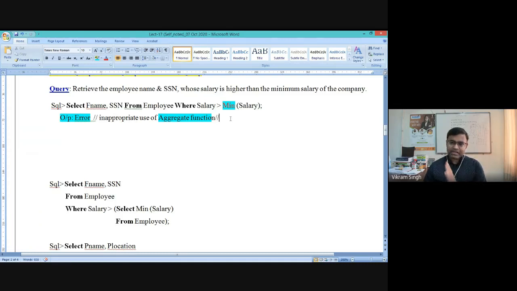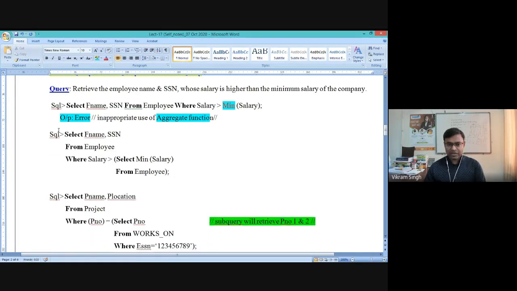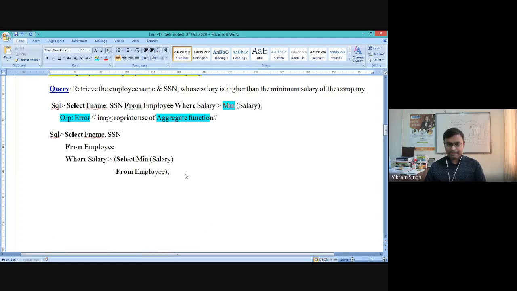That's it. We cannot have a function or more than 2 operands, actually, right? You can split that, but an aggregate function will not work in the where clause. So this query will raise an error because of inappropriate use of an aggregate function. You cannot use an aggregate function on the where clause, right? So what is the possible alternative for that? Let's have this new way of writing a query, right?